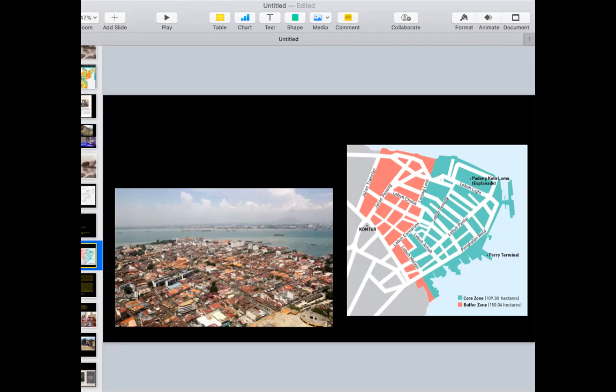So, since the federal government was already working on Malacca at that time, the outcome was that Penang and Malacca were jointly nominated for the 2008 listing. So, in this sense, heritage is, as much as anything, a political act. And we need to ask serious questions about the power relations that heritage has too often been invoked to sustain